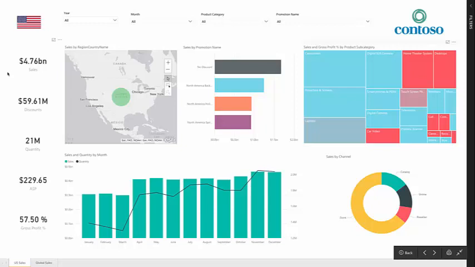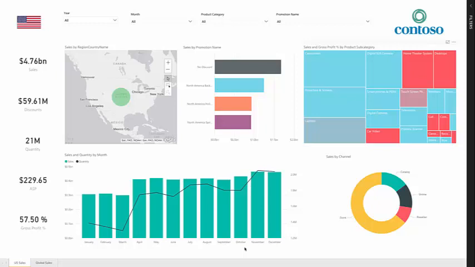A number of business metrics down the side, from sales to discounts, quantities, gross profit percentages. I can see I've got a nice sales and quantity trend report down the left-hand side. The map and the flag, though, also indicate that this is really just focused on the United States geography. Up on the top right, we see some sales and gross profit percentage, so very detailed information about our various categories and subcategories of products. So not unlike most dashboards around a sales analysis scenario that you might expect to see.